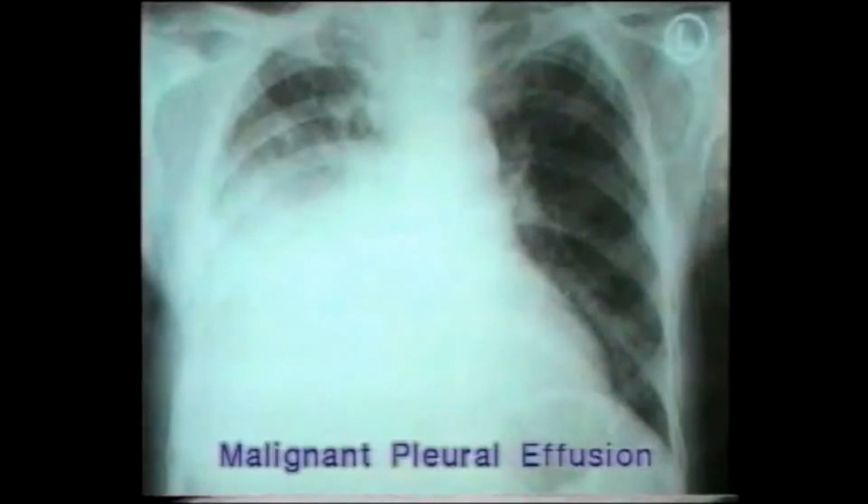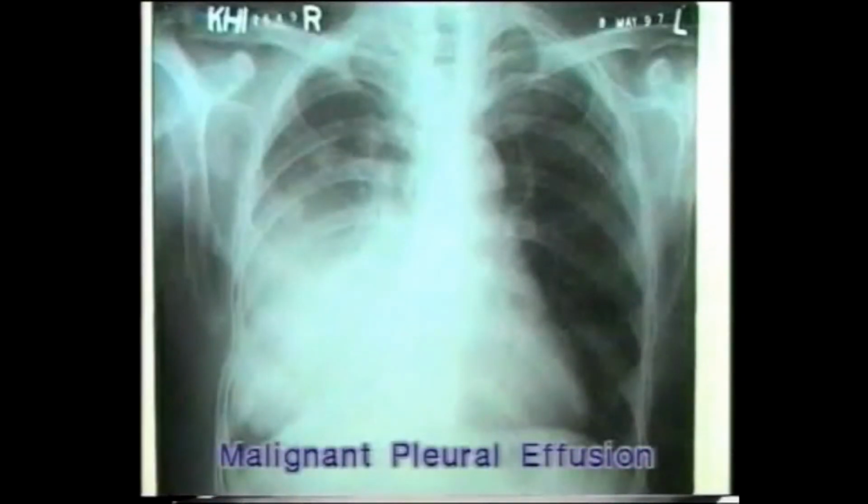Another common presentation of malignant lung neoplasms is a pleural effusion. Note this X-ray of a large pleural effusion. However, you will note that relatively there is no shift of mediastinum. Pleural effusion without shift of mediastinum should arouse suspicion of an underlying growth. The next X-ray after aspiration of 800 ml of hemorrhagic fluid clearly demonstrates the underlying tumor. Note the clear costophrenic angle after aspiration of the fluid and the dense hilar shadow of the malignancy.